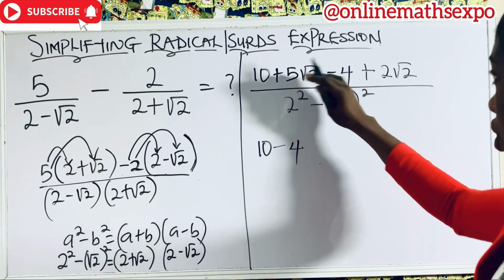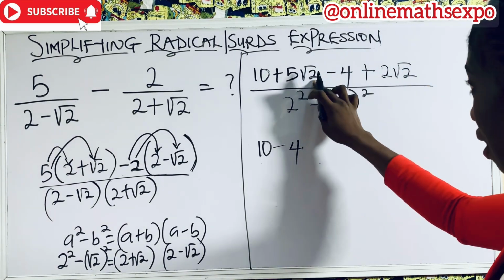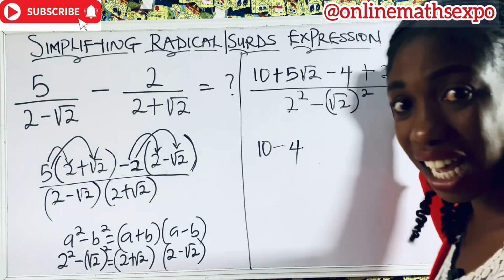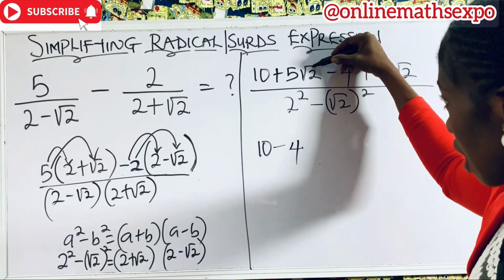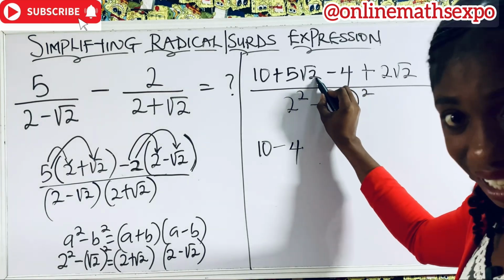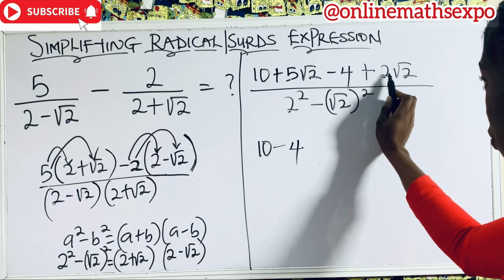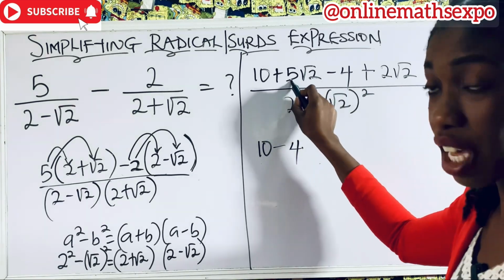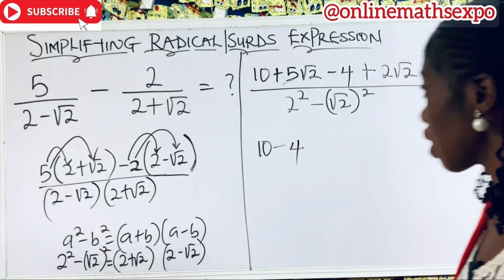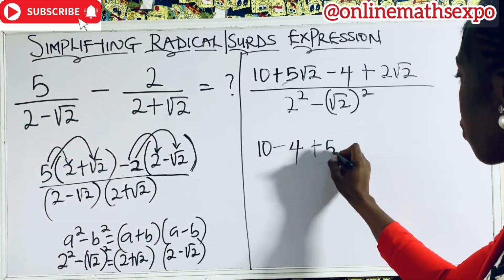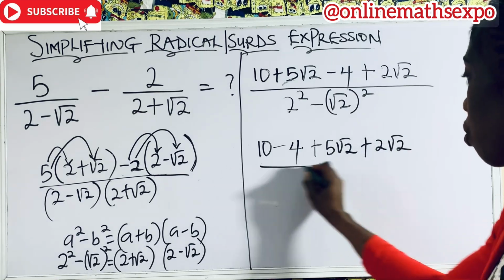This one that has a radical, which is the same radicand with this, is what you will add. When the radicands are the same, remember radicands are the numbers inside the radical sign. This is the radical sign. So this number inside is the radicand. So you see that the radicands are the same, so you can add their coefficients. This one is a coefficient because it is the number that is multiplying the radical, okay? So we're going to have 5 root 2 plus 2 root 2 all over